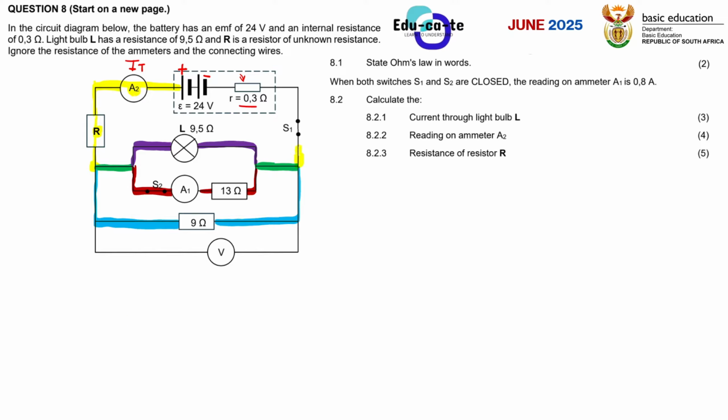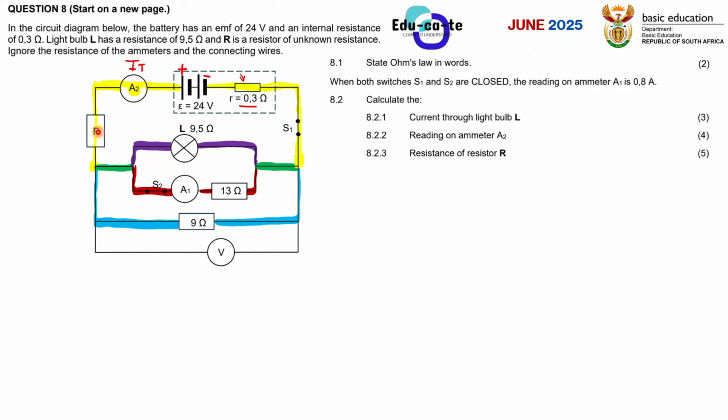So this highlighting is not just for fun, grade 12s, it's for you to have an understanding of how the total current works. That total current will go back to the negative terminal. So just a summary of the analysis that I've made here. The total current flows out from the positive terminal. That is the total current. It flows through this emitter A2, and flows through a resistor R. That's the total current.